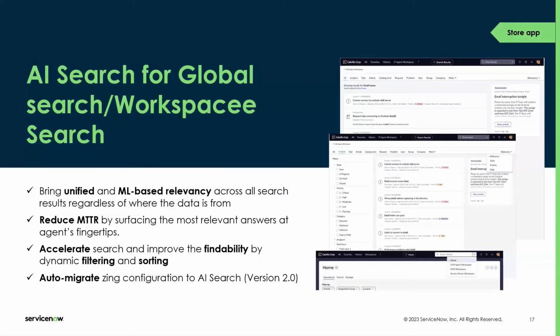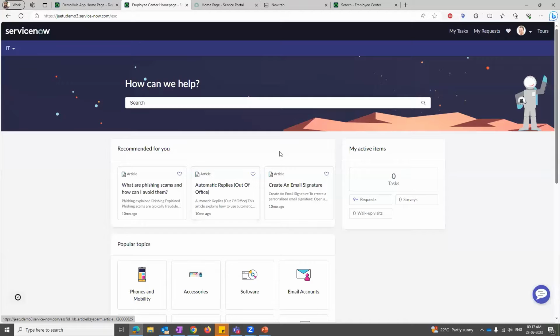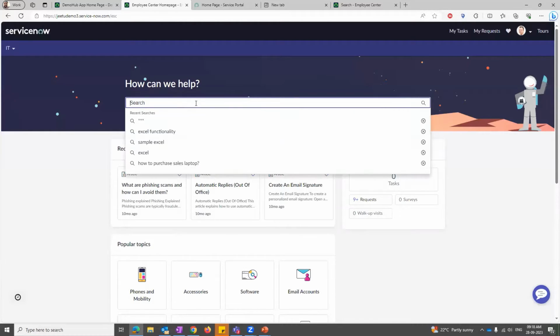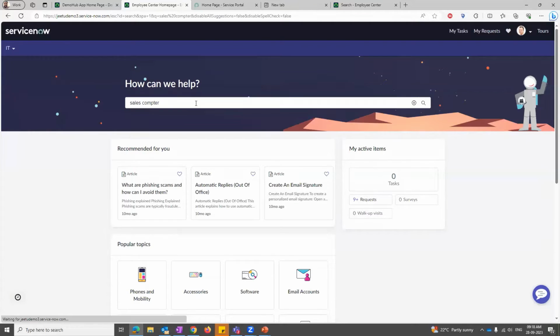Before moving further, I want to take a pause here and show you a capability of ServiceNow search. If you're familiar with this interface, this is the employee service portal, and I see a couple of folks responded that they are utilizing AI search on this portal as well. So if I quickly search something for you, say I want a sales Peter,